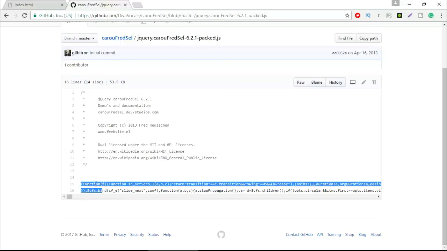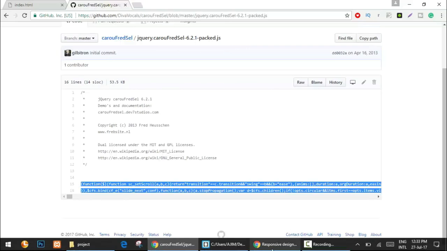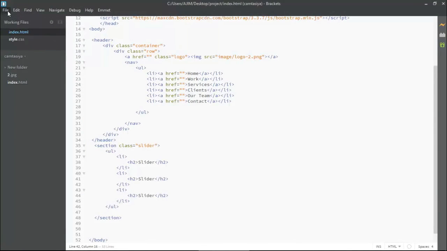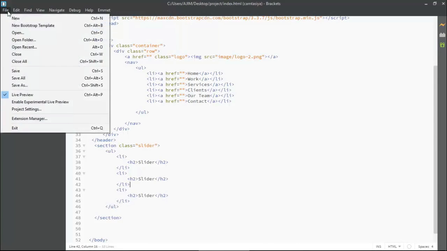You can see it's selected. Now click one more time again. So you can see all the parts have been selected beautifully. Now simply press Ctrl C to copy it. Okay, and come to Brackets here and create a new document. So I'm going to File and clicking on New.